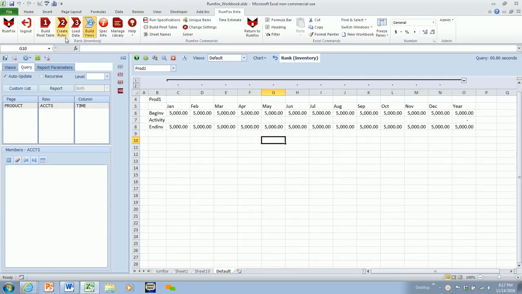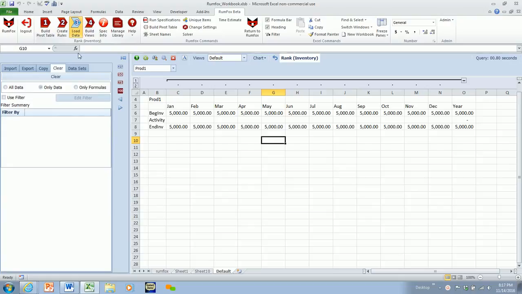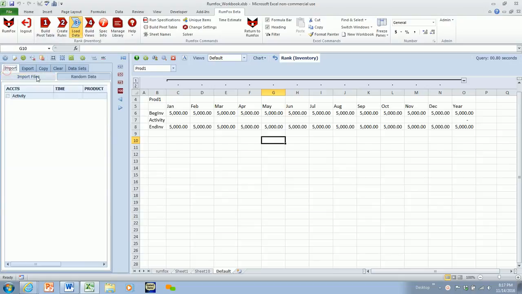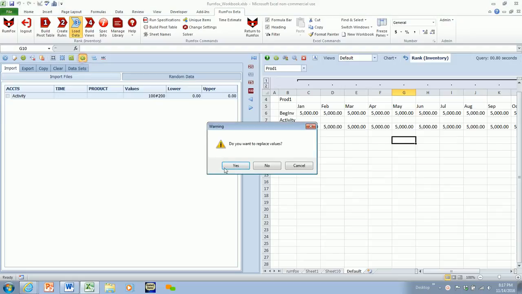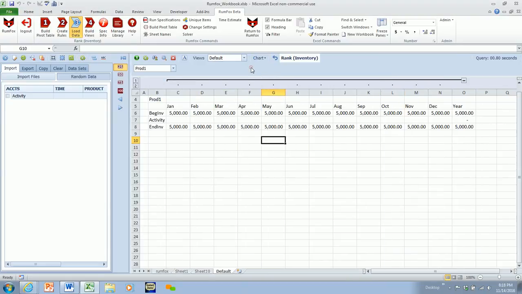We can put activity in like we've done in the past, but let's create a little random data set. We're going to have activity for all the products to happen randomly between 100 and 200 bucks. We're going to send that back, replace the values, no. Remove the data set, no. Now when we run it, we refresh, and we can see our calculation working across every member in our pivot